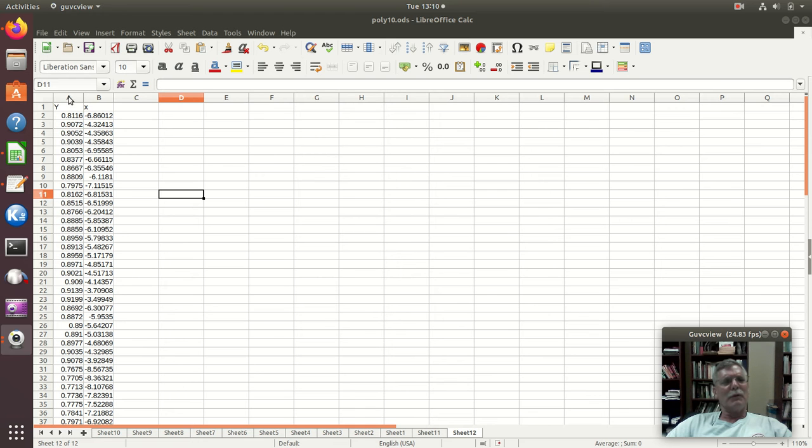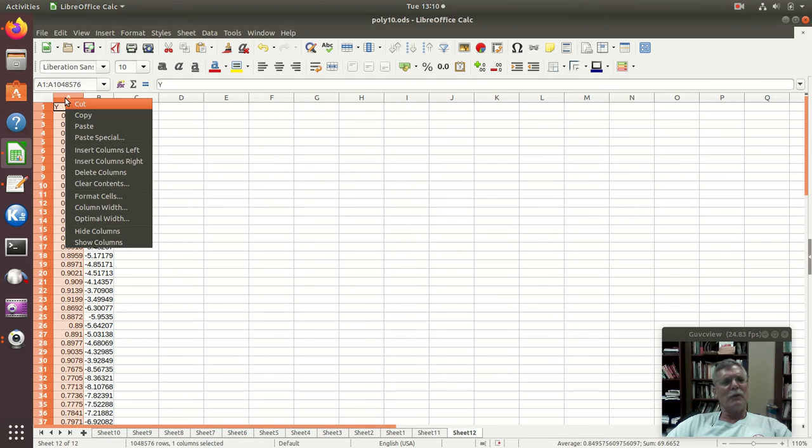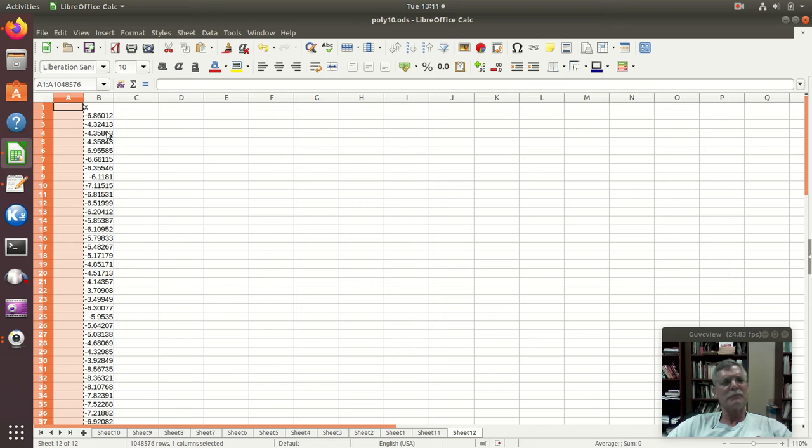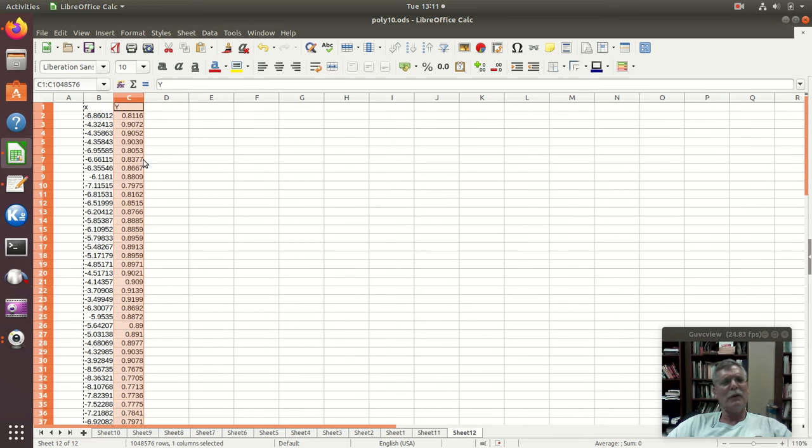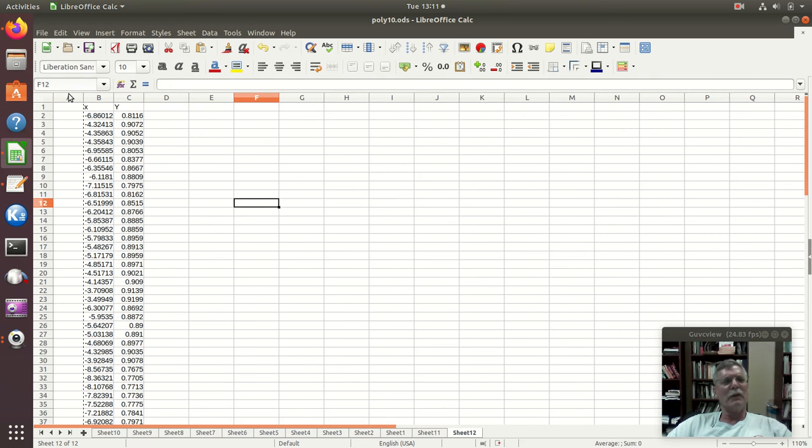So I'm going to just highlight that whole column, left click on it, say cut, come over here and say paste. And now I've got it in the right order. I could delete this column, but actually I'm going to need it in a moment,